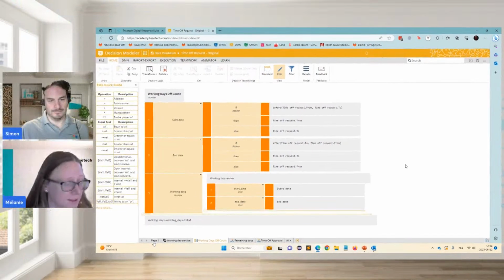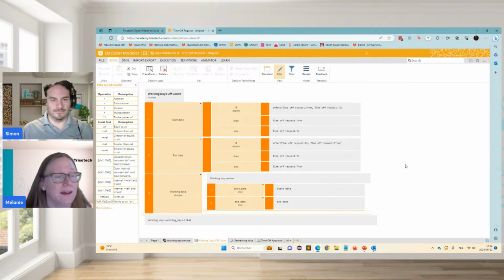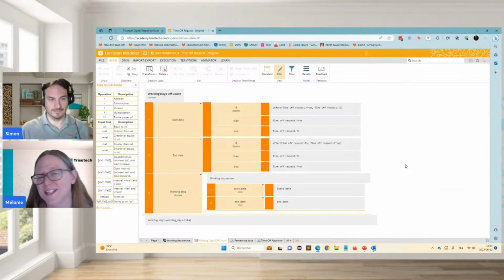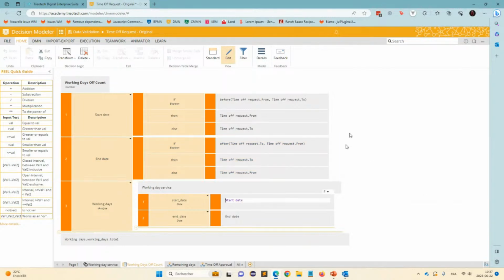Now, the first time that I tried out the service, just for fun, I reversed the start and the end date just to see what it would do, and it failed with a bad request. So that's the error that I got. So I went with the strategy of fixing the data here. I've added two lines only to put the start and end date in the correct order and pass them to the service. So let's see how it